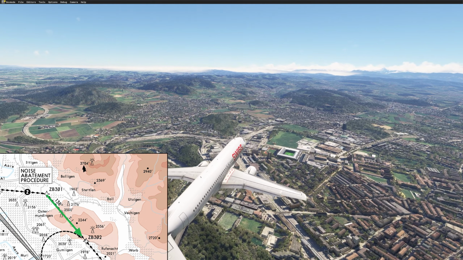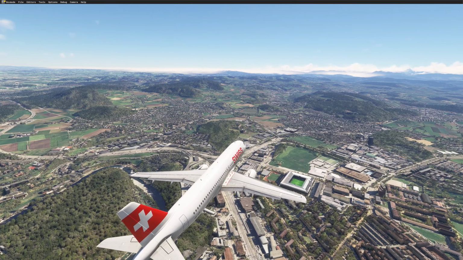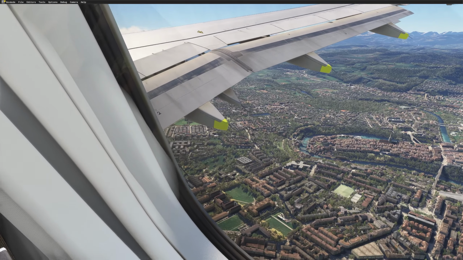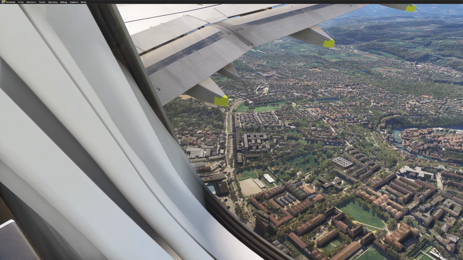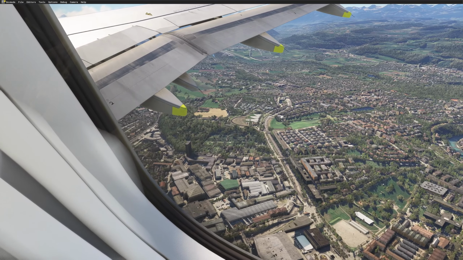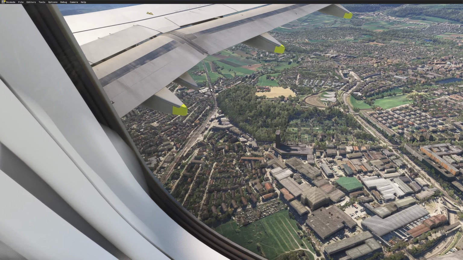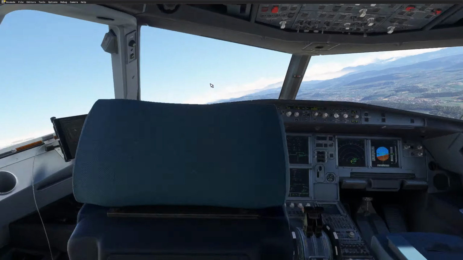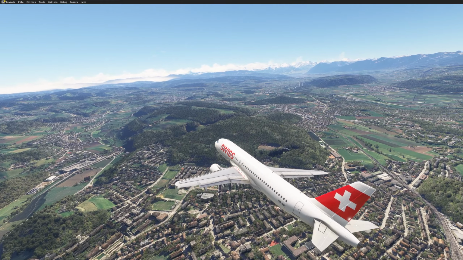Another thing which they said is that you should always be east of the railroad. So the railroad, you can see it right there from the passenger window. We will see it appearing now. Let's see. Here is the railroad. Where is it? We should see it soon. Here it is. So this is the railroad, and you want to make sure that this always stays to your right. So here we go. We are joining the downwind now. Speed is under control,